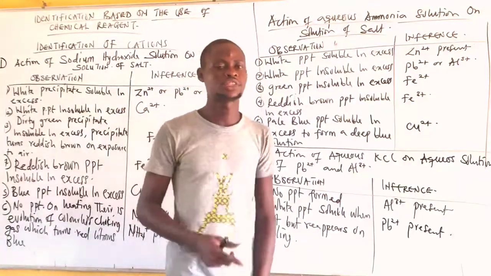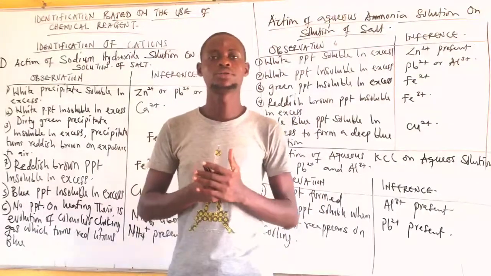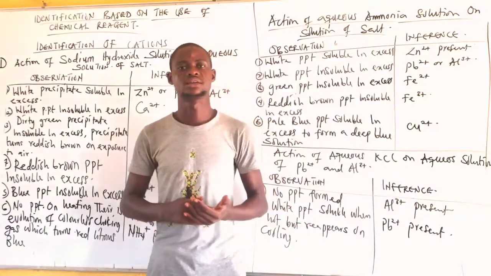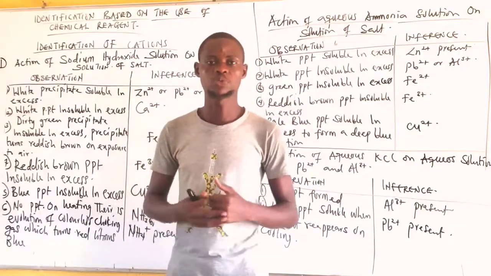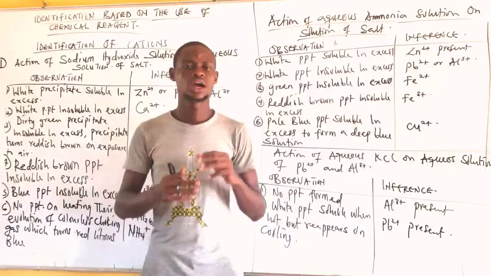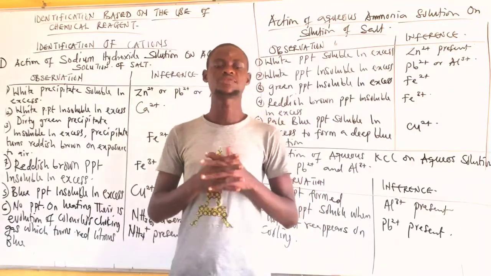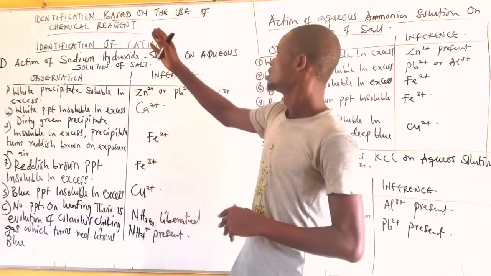In my previous series of this video, I explained to you all about how to identify chemical substances in WAEC based on solubility and based on litmus paper. Today, I'm going to be showing you the major aspect of identifying chemical substances, which is based on the use